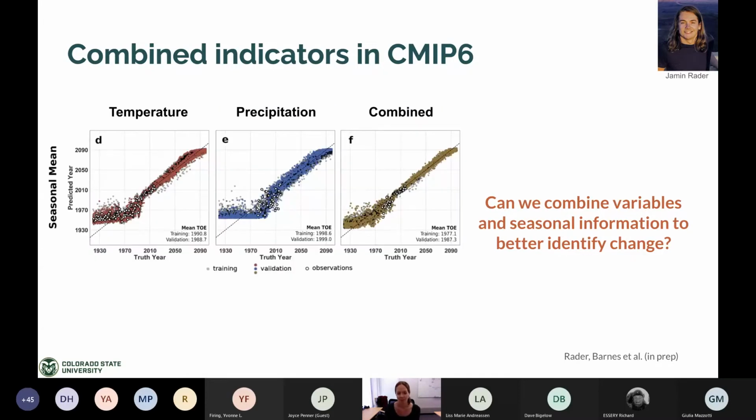All right, so how does it do? This is the kind of plot we make a lot. On the x-axis is the true year of the map that went into the model, the neural network, sorry. And the y-axis is the predicted year. That dashed line is the one-to-one line, and that's a perfect prediction. Now, the little colored dots you see are for the testing data, so different climate models that the neural network has never seen. And let's maybe focus on the red plot, so temperature.